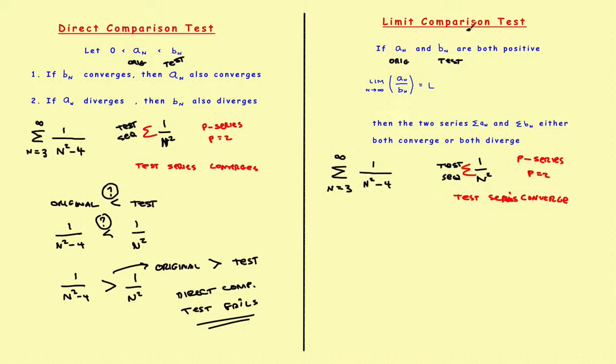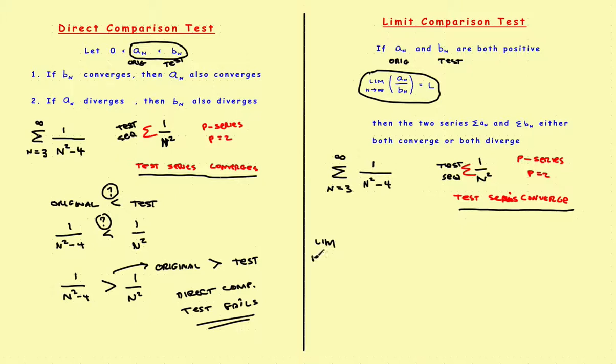Let's switch over to the limit comparison test and see what happens over here. The first few steps were exactly the same. At this point, you know that the test series converges. But now, rather than showing that the original sequence is less than the test sequence, in this one you're going to try to show that the ratio of the two sequences is a constant. So you'll take the limit as n approaches infinity